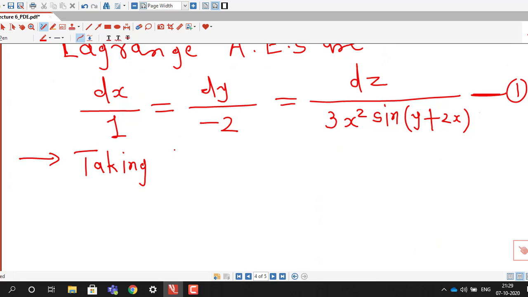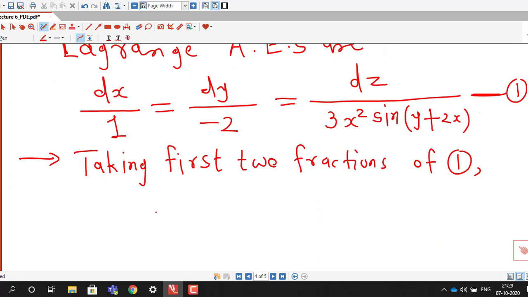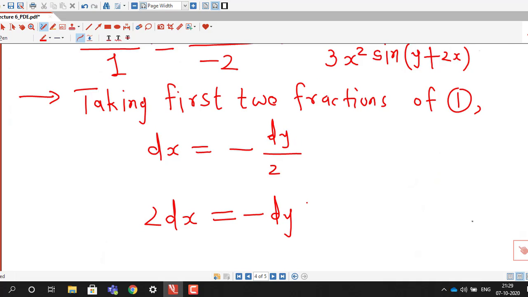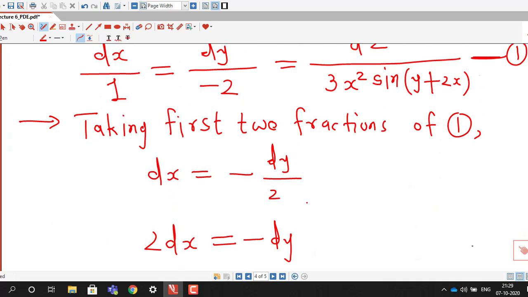So we write, taking first two fractions of 1, we have dx equal to minus dy divided by 2, or this we can rewrite as 2 dx equal to minus dy, and if we integrate,